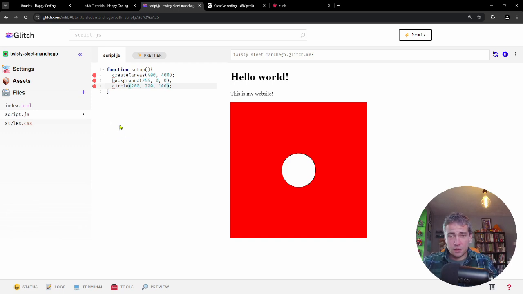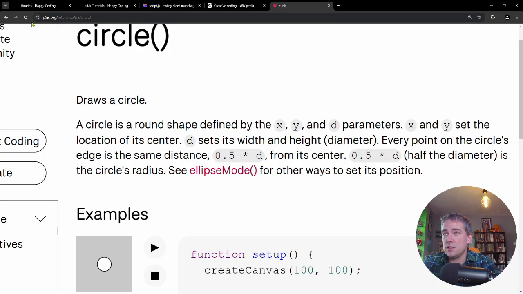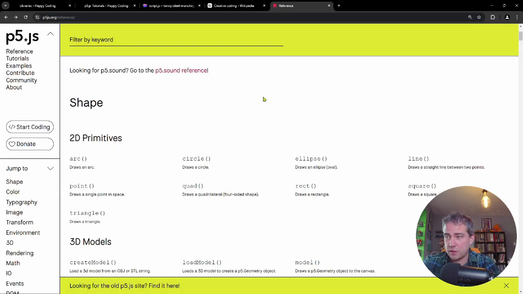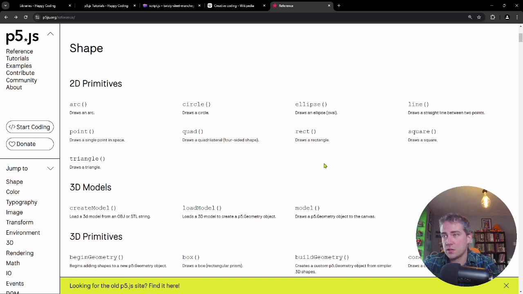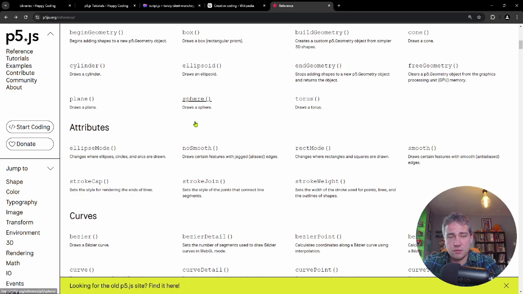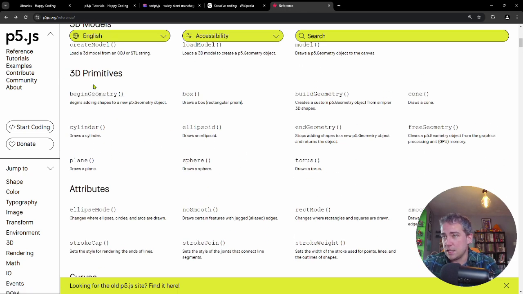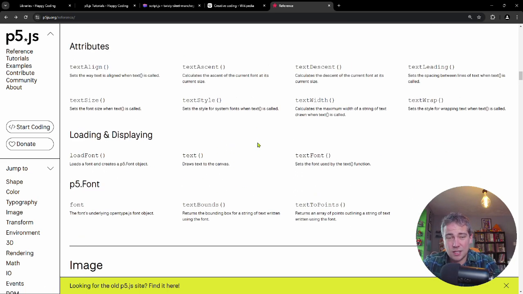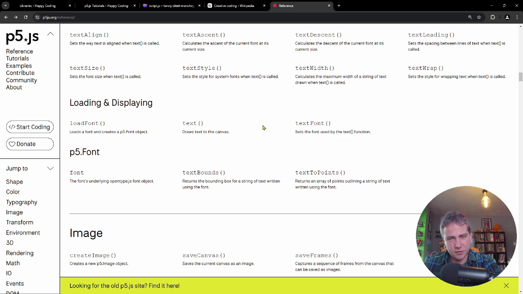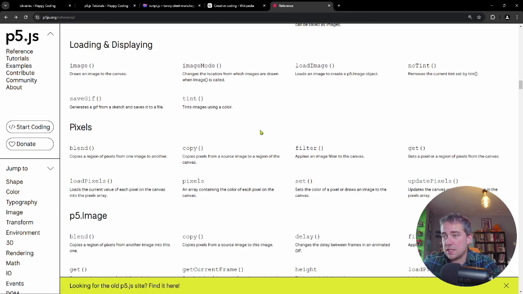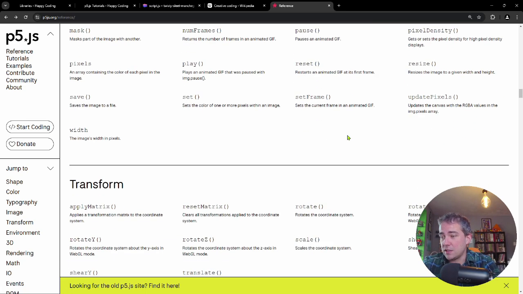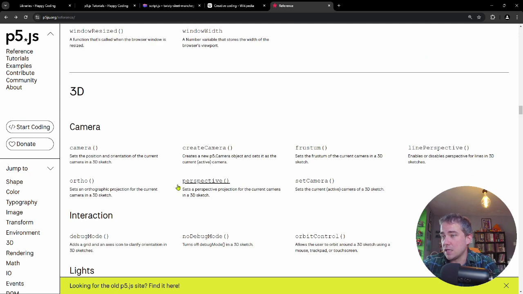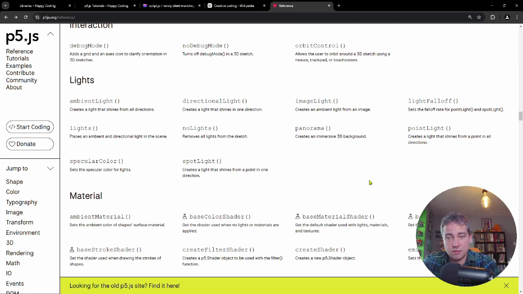Okay, so then from there, it's a matter of figuring out what other shapes you can draw, what other things you can do. And for that, your best friend is the P5 reference. You can draw all kinds of stuff. You can draw primitive shapes like triangles and rectangles. You can also get really involved and do things like 3D modeling. You can draw different kinds of colors. You can use typography to have different fonts and text sizes. You can show images, all this good stuff,